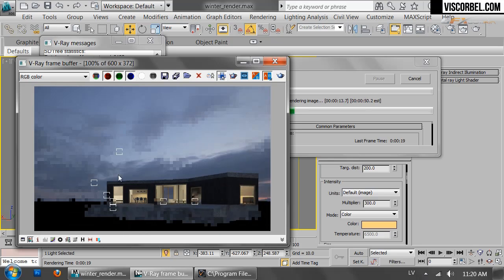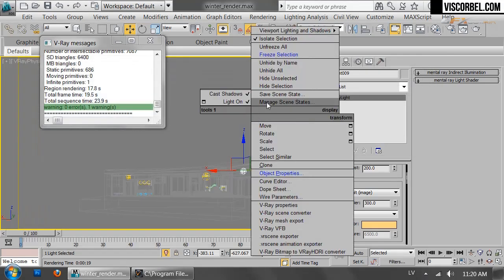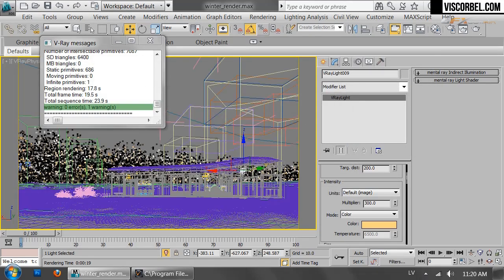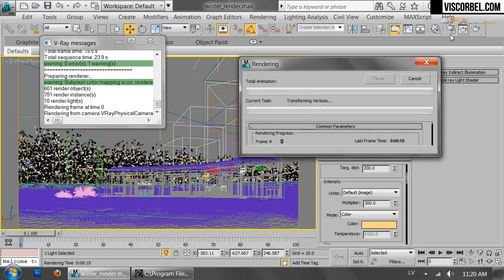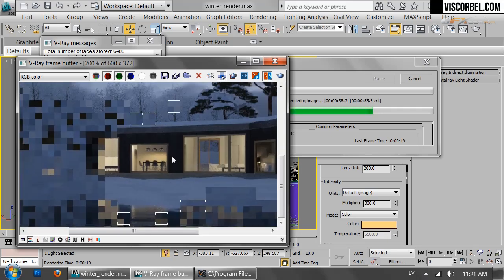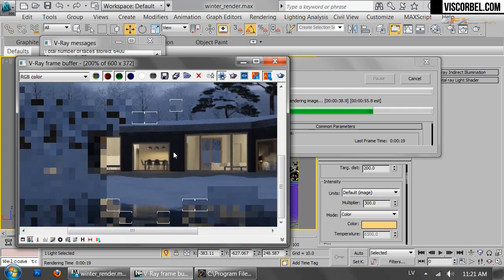And I think that's a bit better. Right, so let's unhide all. And check how it looks in our scene. The other scenes are lit pretty much the same way, they just use different HDRIs and don't have the interior lights. Right, looks like the winter image is done, and let's proceed